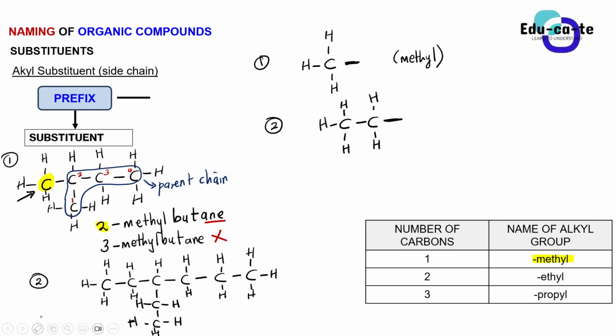Now, if you look carefully, guys, on this parent chain, do you see any other chain, either an alkyl group or a halogen, that is attached to this parent chain? Yes, it's an ethyl. So we are having here a substituent. Let's just call it a substituent for now. We're having a substituent having 2 carbons. So here at the side, we're having a substituent. We say it's a substituent because it is not part of the parent chain. So it is having 2 carbons in it, and it is having 5 hydrogens.